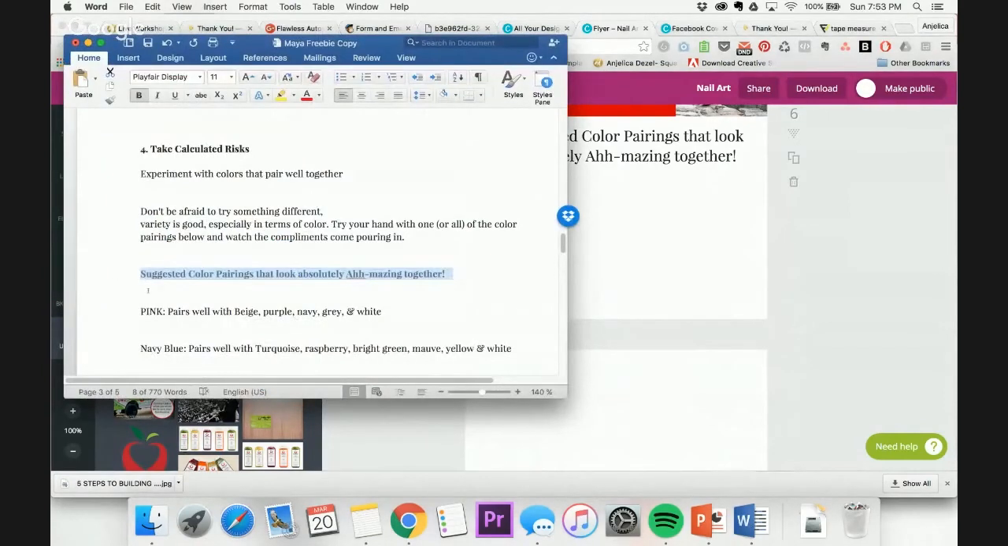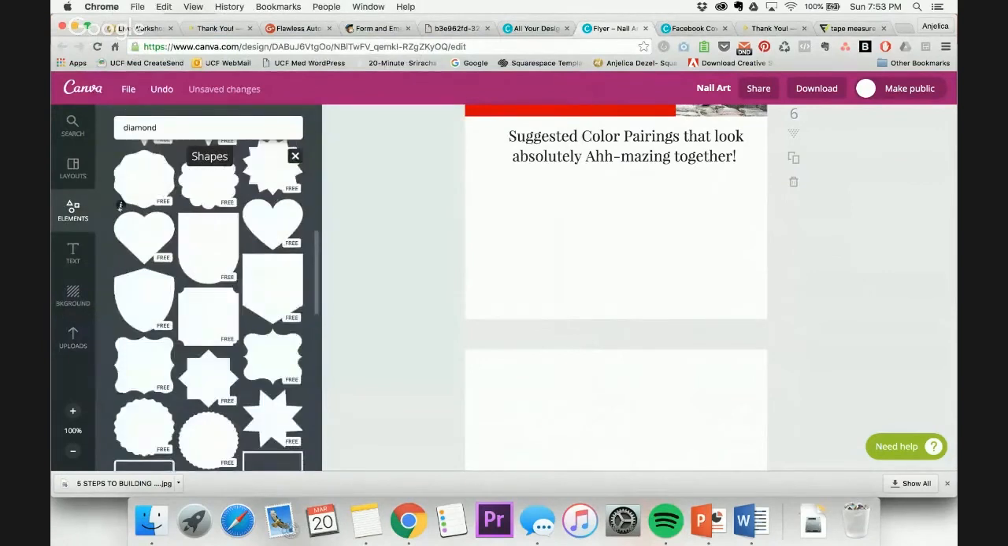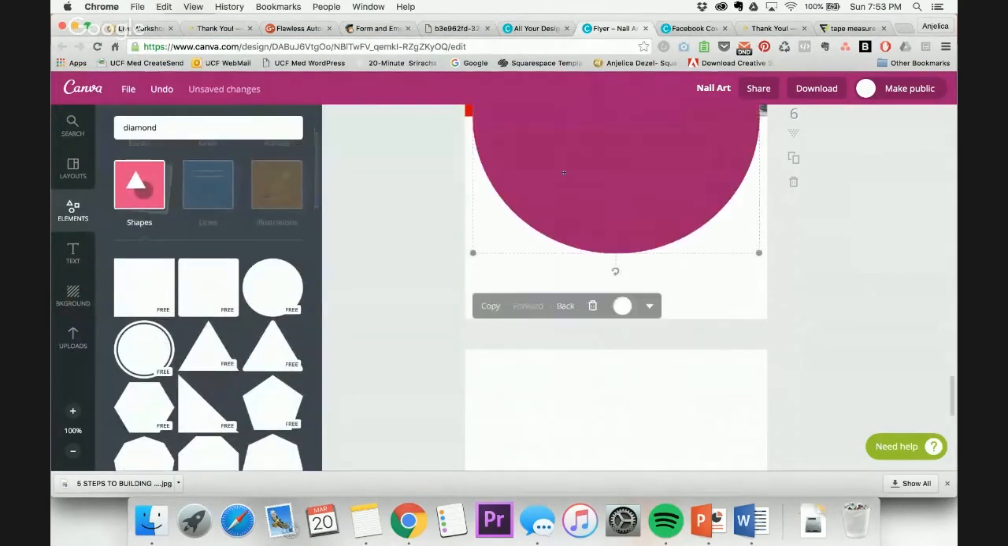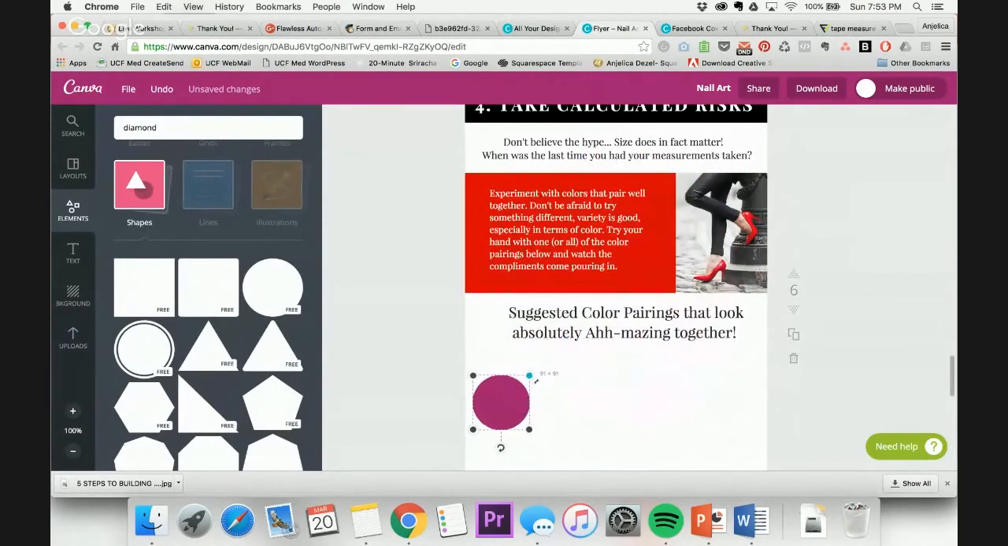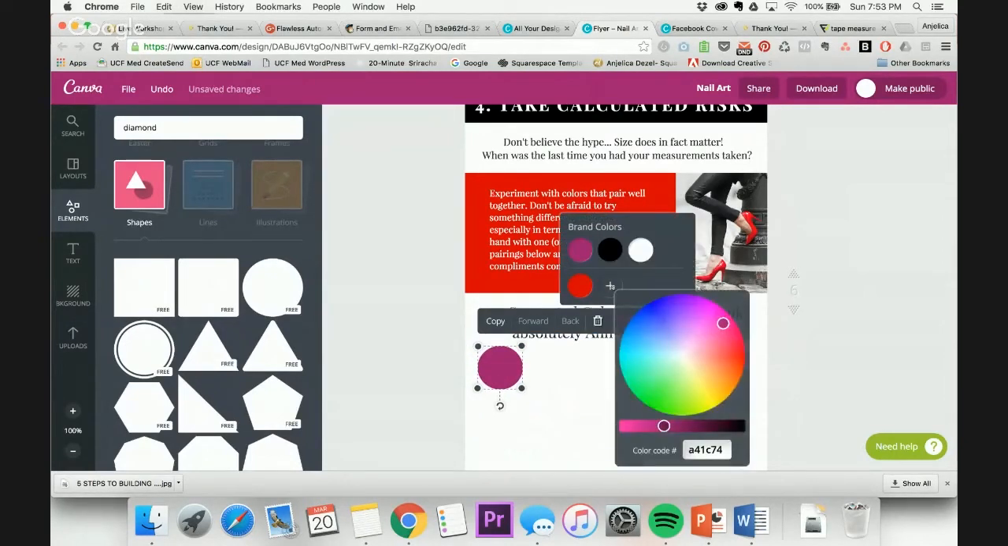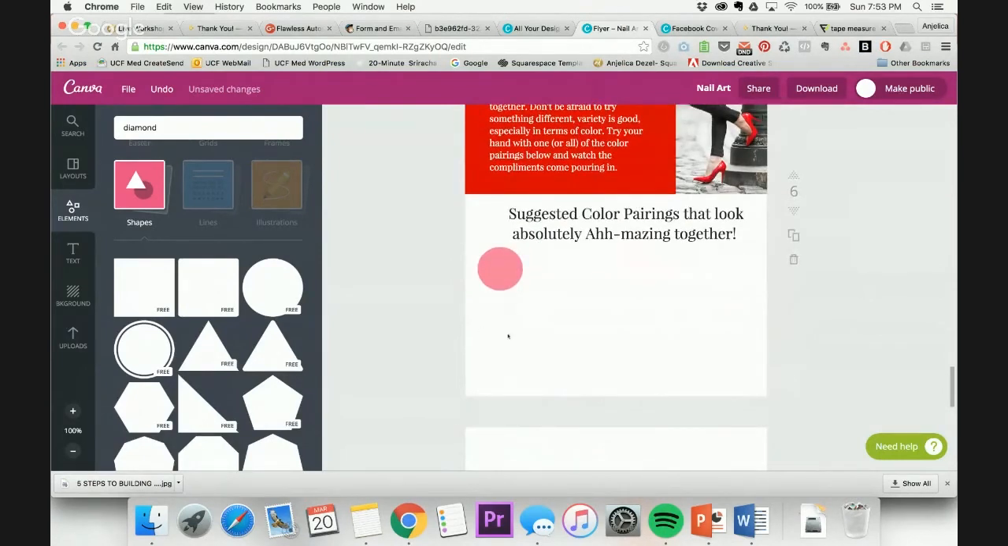So maybe I could do circles, where pink pairs well with beige, purple, navy, and white. This might get a little advanced, guys. I'm going to use circles. I'll grab a circle here and we'll make it pink, because pink is the principal color for this pairing. A nice pink. Pink. There we go. So pink is the principal color,